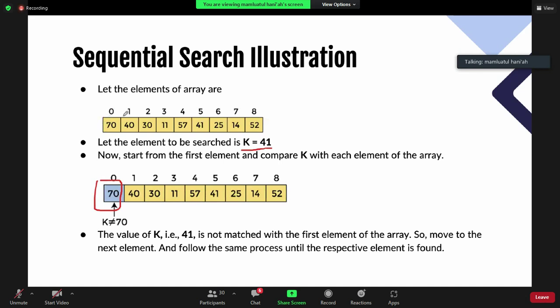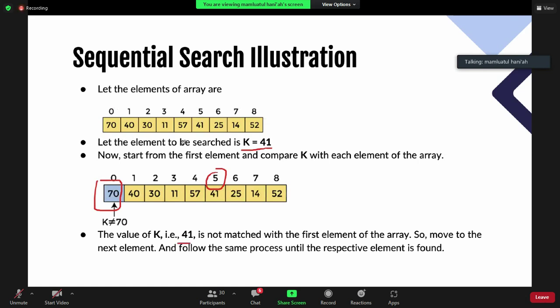I will compare 11 with 41, and then I will compare 57 with 41, and I will compare 45 with 41, and then 41 with 41, and this is a match, and I will return the index. The data is found at index 5, maybe like that.